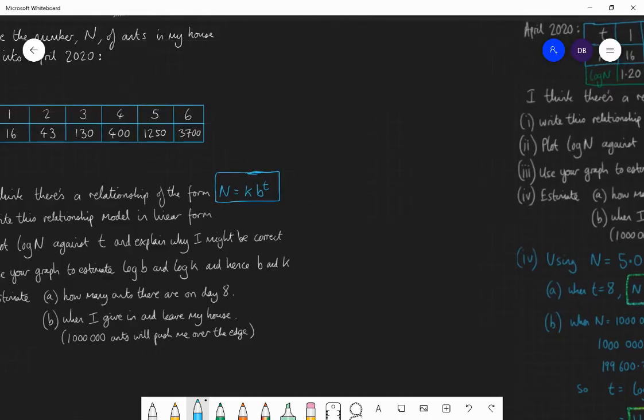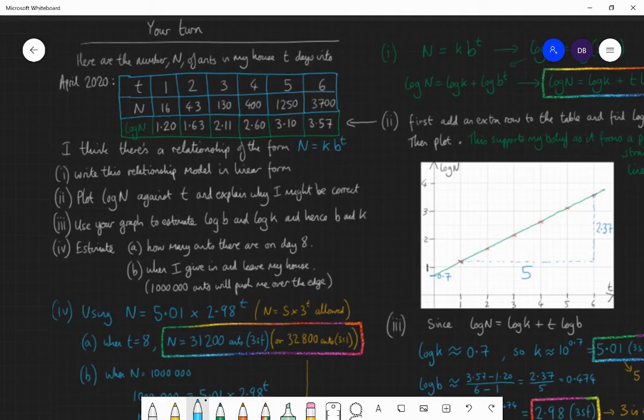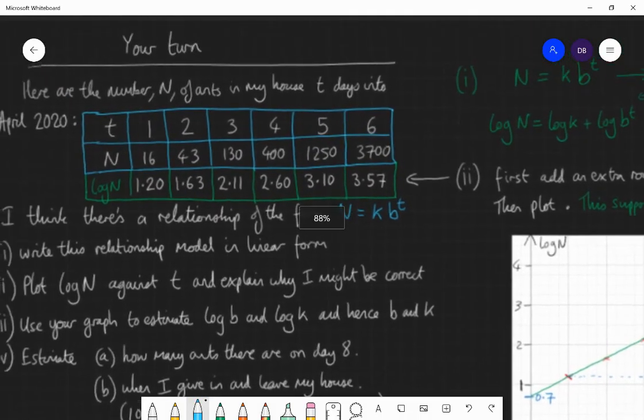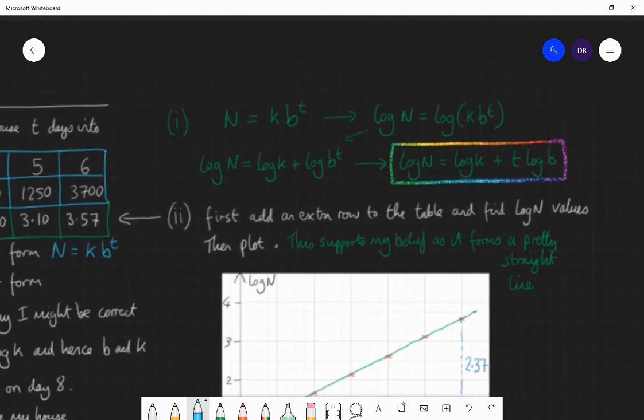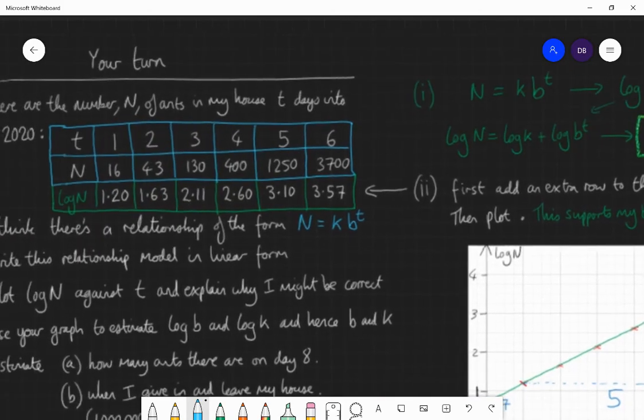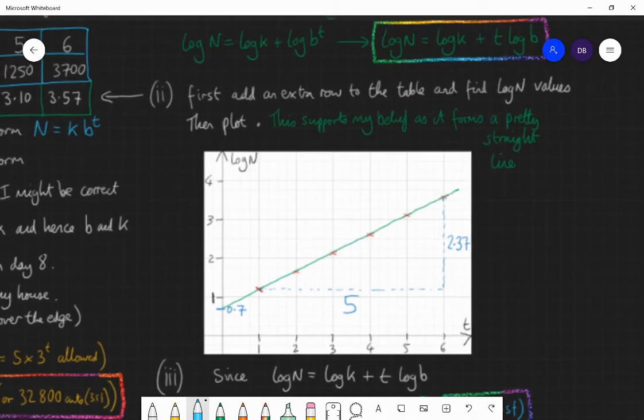Okay, so if you've answered this right, here's the correct answer. Firstly, to put it in linear form, you get log n equals log k plus t log b. Then, to plot it, you need an extra row of your table for log n. And those values are 1.20, 1.63, 2.11, 2.60, 3.10, 3.57. If you then plot those on a graph, you get a graph log n against t, you get a pretty